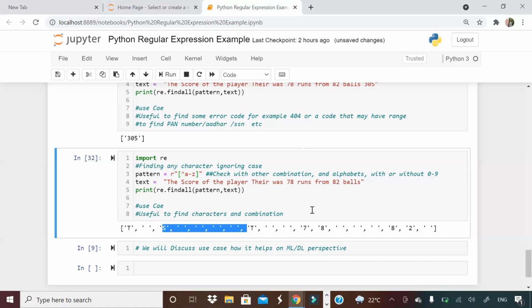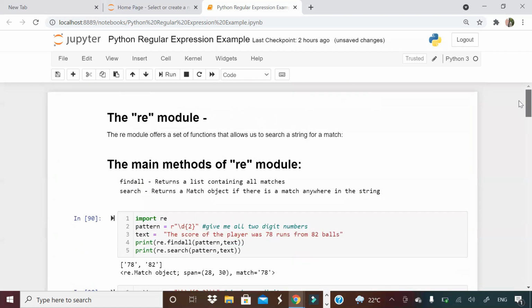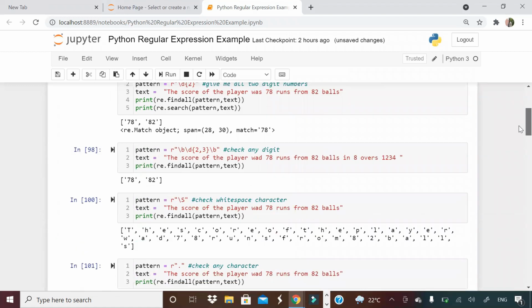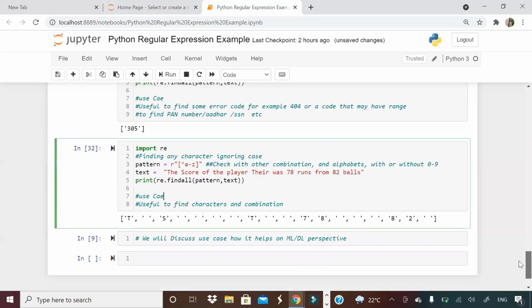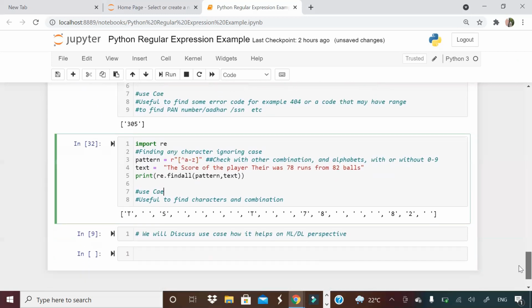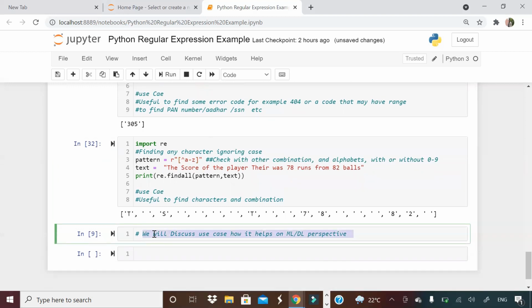So what is the reason of showing you all these regular expressions, guys? I will not cover complex regular expressions. The reason being, if you are interested, you will anyway practice, right? So this sheet I will upload in my drive, Google Drive. You can download and please practice on this, guys. And what I'm going to do, I'm going to show you one use case, okay, on how it helps from ML and DL perspective.